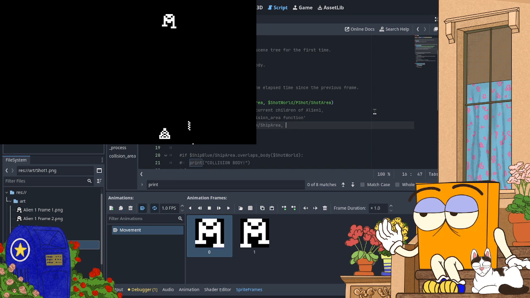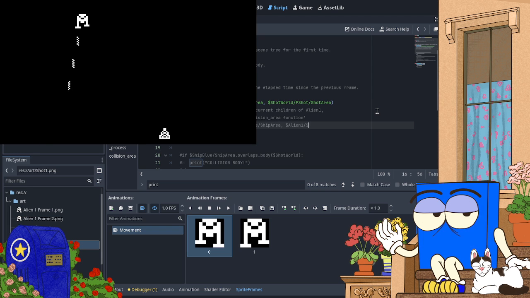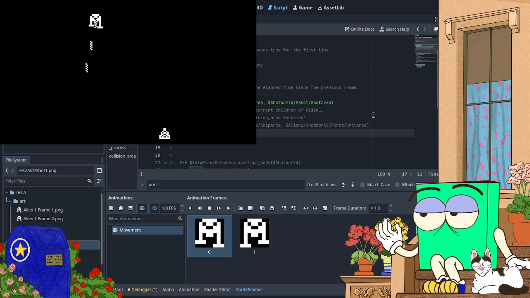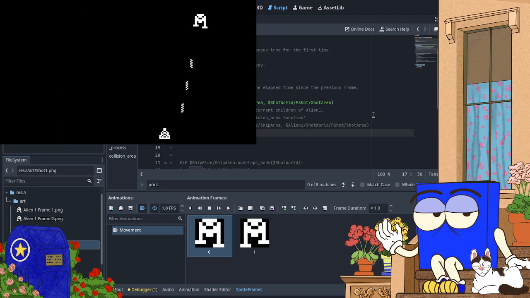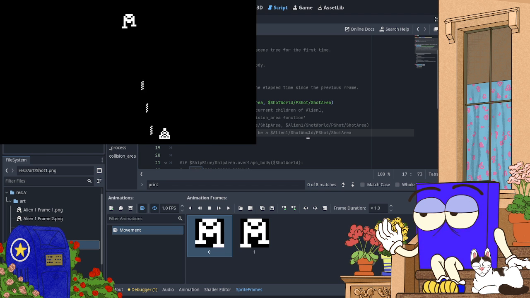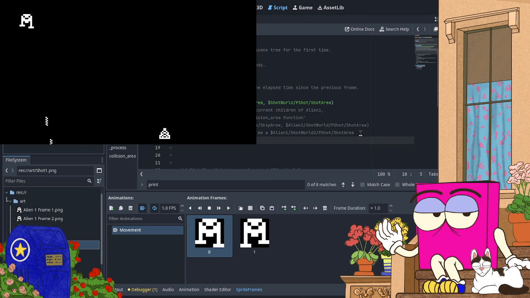Ship blue ship areas will always be the same, but there will also sometimes be this one here, Shot World 2 and Shot World 3.